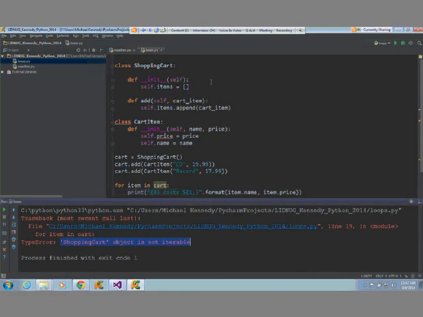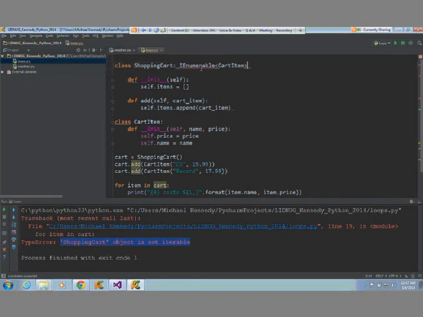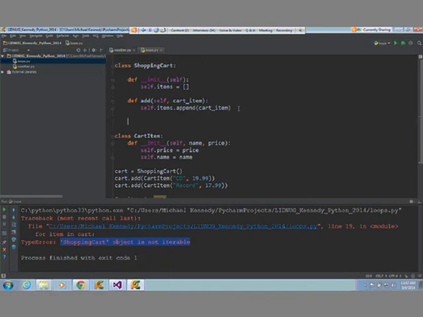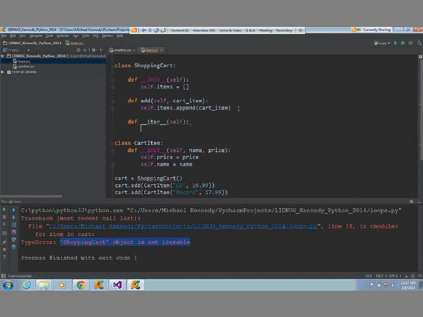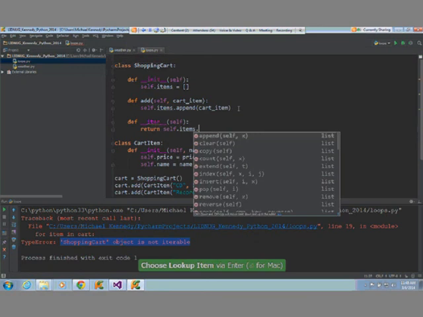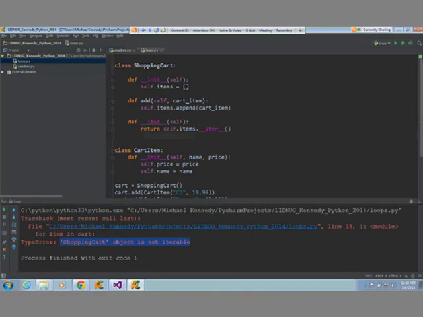So in .NET, what do you say? IEnumerable of CartItem, blah, blah, blah, and off you go, right? No, we don't do that in Python. That's too yucky. So if I just want to add this capability here, I just say define dunder iter. And if you have this method, just like GetEnumerable or whatever, then you're good to go. So I'll just say return self dot, I'm just going to really delegate over to that guy, just like I was in my C# example. So now if I run it, it should work like a charm.